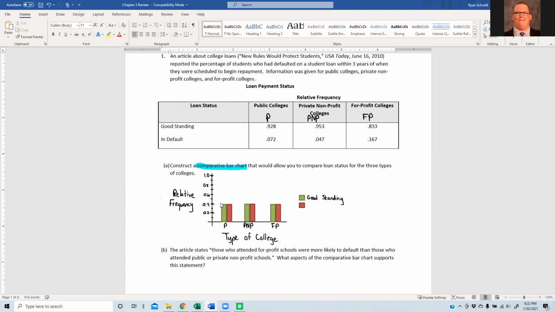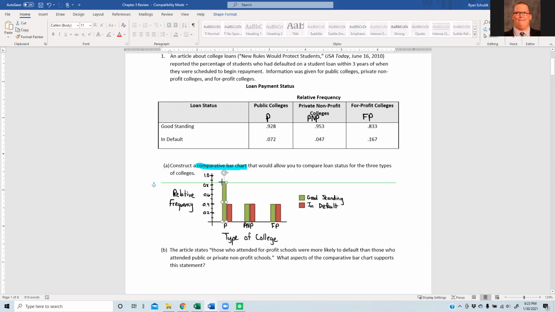And red is in default, which if you're not keen on financial lingo, that means they can't pay. They cannot pay their student loans. So that's why I put it red. That's not really a good position to be in. You get people mad at you. They come take things that are yours. So anyways, so for public college,